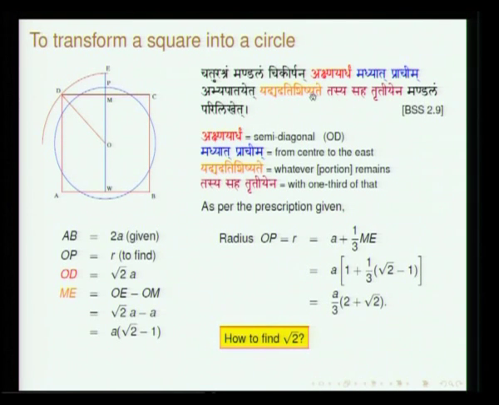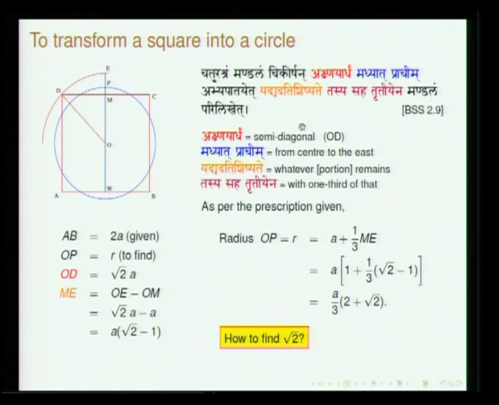Yadyad atishishyate. Atishishyate means that which is remaining above. When OD becomes OE, something is protruding out of this. That is what is referred to as atishesha here. So, yadyad atishishyate, whatever remains. Here it is ME. Tasya saha tritiyena mandalam parilikhet. Tasya means that portion ME, tritiyena 1/3 of it. Tasya saha tritiyena mandalam parilikhet.